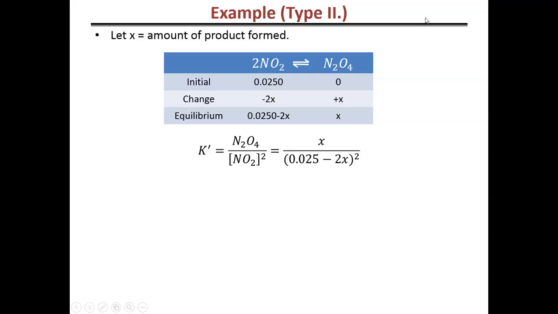The K that was given was for the reaction that was reversed from this. So I'm calling this K a new K because I'm going to end up having a different K than what I was given. What I'm plugging in is product over reactants. Okay, it looks like I forgot my little brackets on the N2O4 here. Sorry about that. That's a concentration also. So I'm plugging in the equilibrium concentration for N2O4 over the equilibrium concentration for NO2, 0.025 minus 2x,